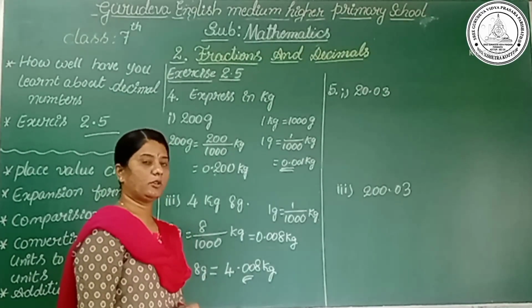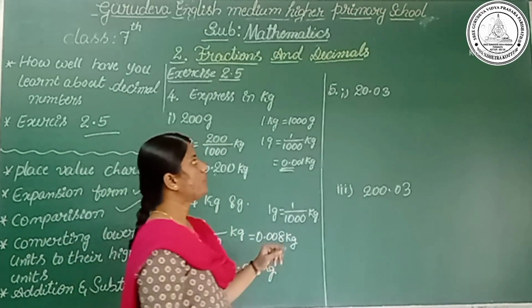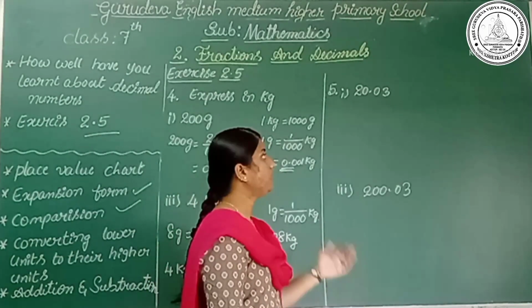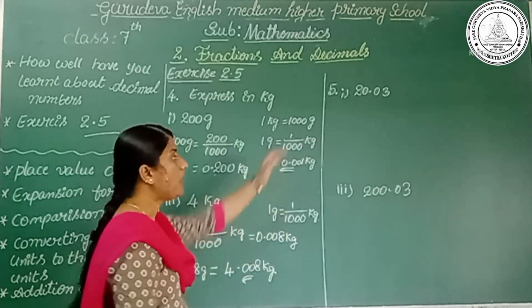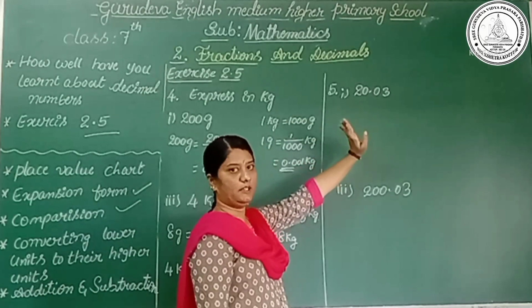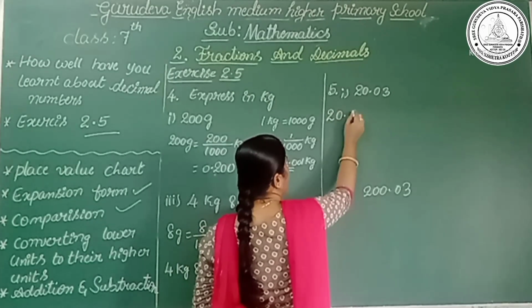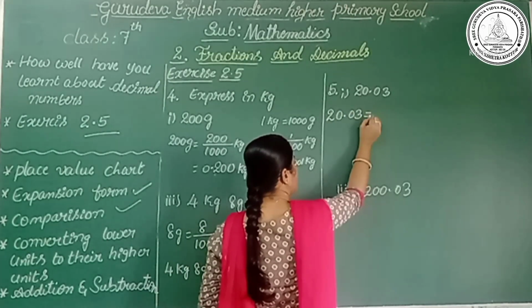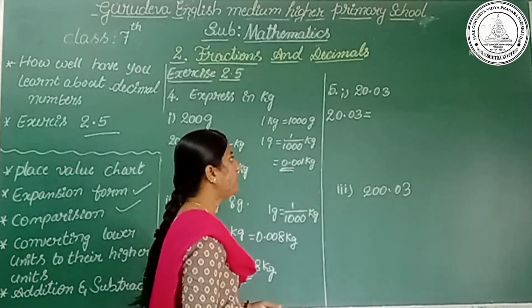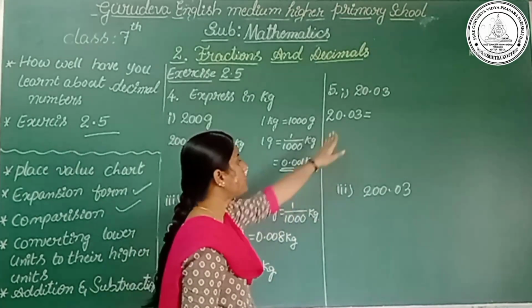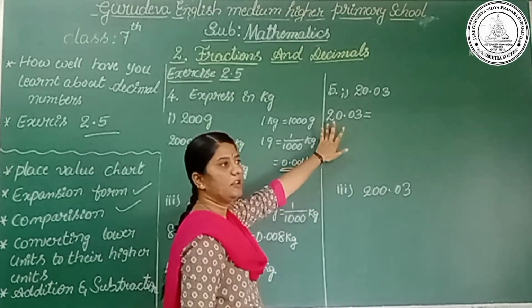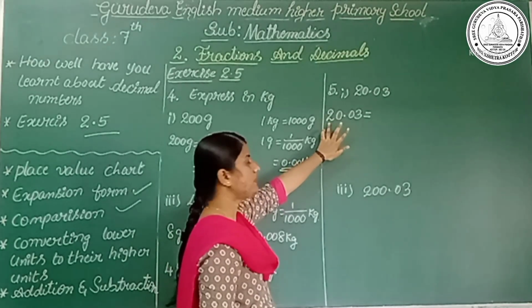Okay. Then the middle second question is very easy, so you will read that. Then let's move on to the fifth question. Write the given decimal number in expanded form. So we have to expand the given decimal number. First write the given decimal number as it is. That is 20.03. Let's start to write the expanded form from the highest place. Here the highest place is the whole part, the tens place. In the tens place there is a 2.